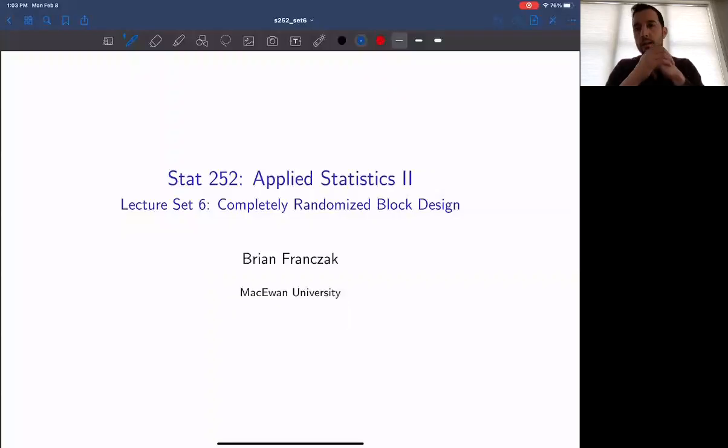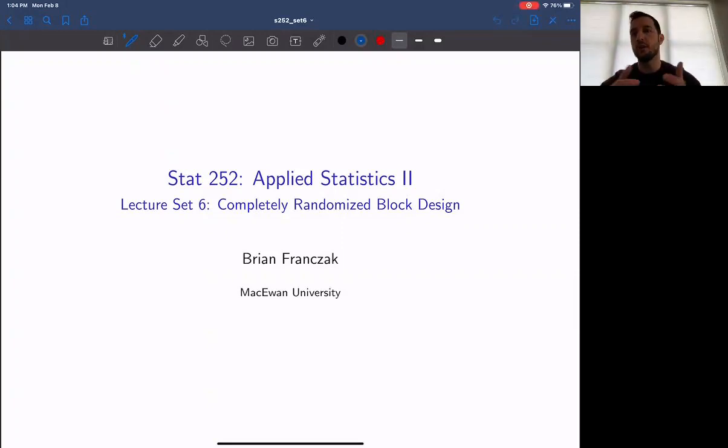Okay, so lecture set 6, the completely randomized block design lecture. This is going to be very similar to what we saw in lecture sets 4 and lecture sets 5. So effectively what we are doing in this lecture set is we are just learning about another method for performing an analysis of variance. So the goal of this lecture set is the same as the goal of lecture set